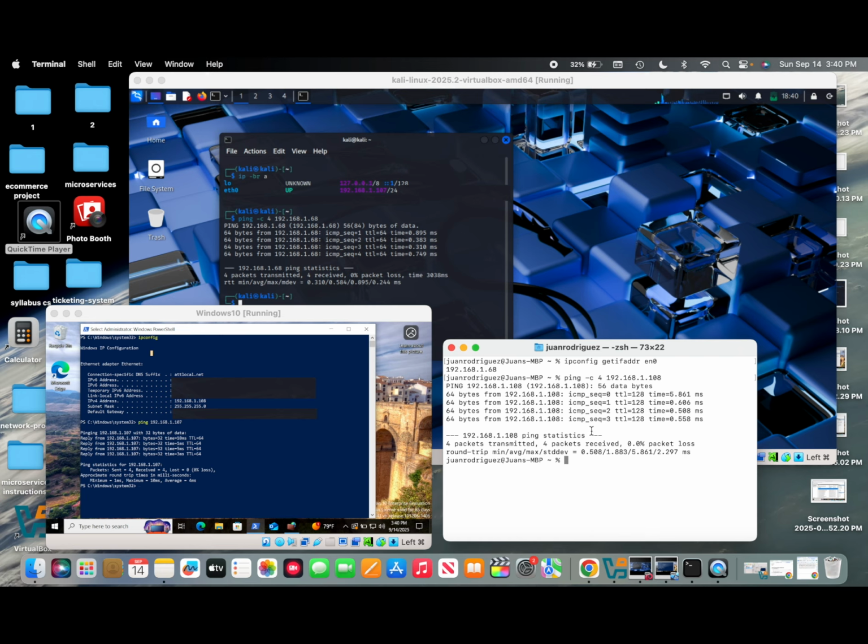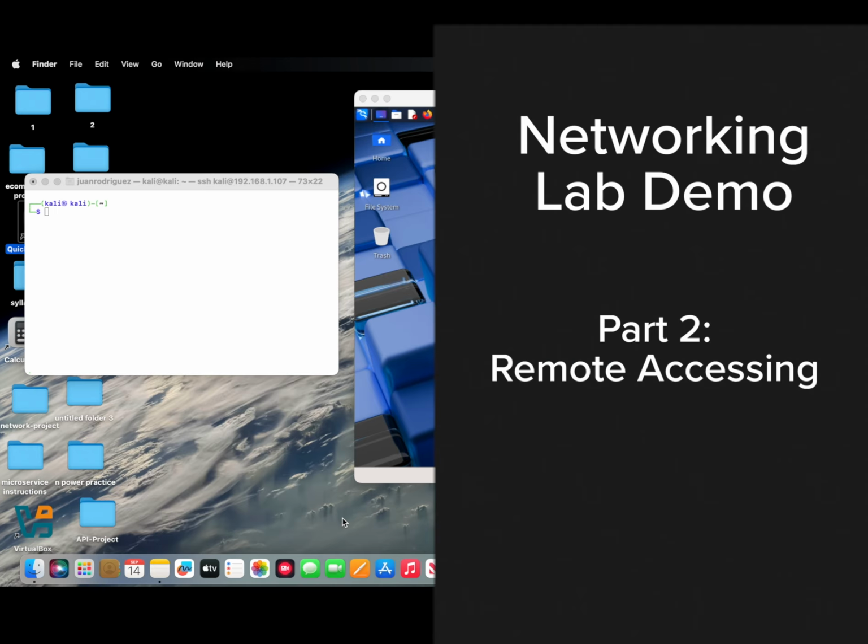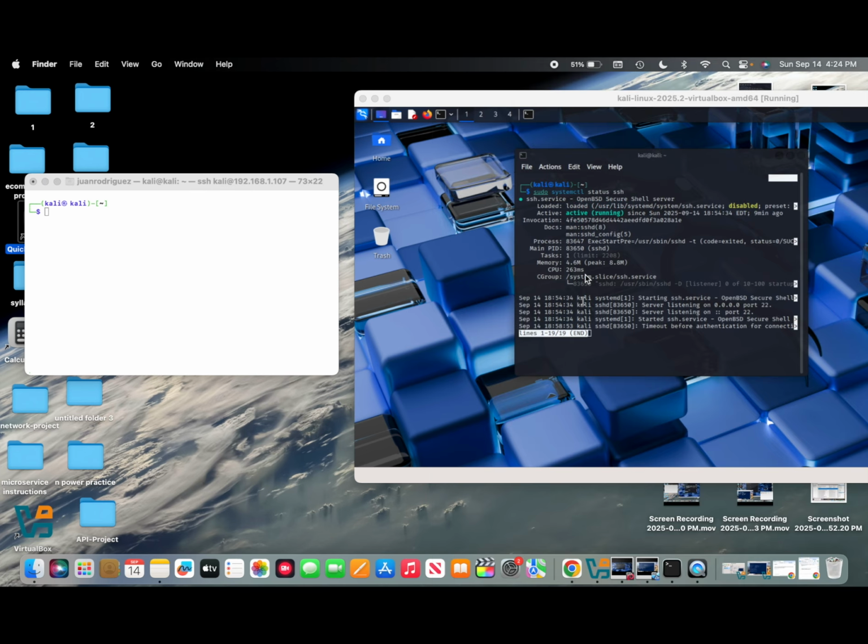So yeah, this shows that I was able to create a network between these 3 devices, and now that they are essentially connected, the next step is to show some type of remote accessing. Essentially what I'm trying to do is I'm trying to have the MacBook operating system remotely access the Kali Linux